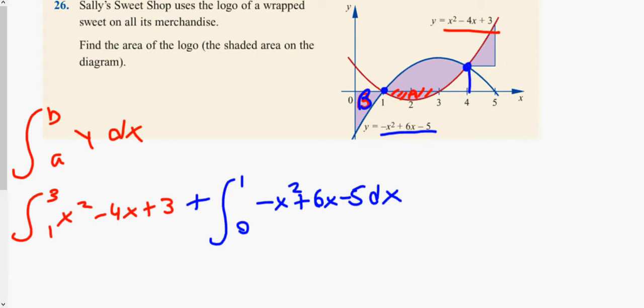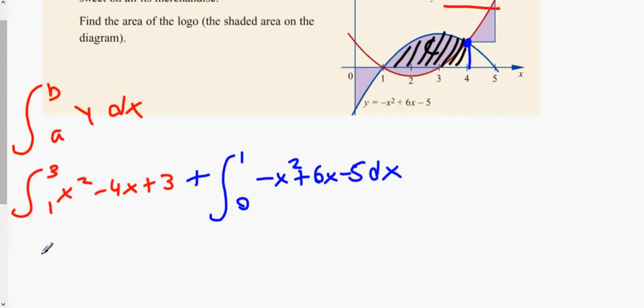So if I take this part here away, we've done area A and area B, so what I need to do is find out the area here, and we'll call this area C. To find area C, what we're going to do is the integral from 4 to 1, and it's the n-shaped graph, so it's going to be minus x squared plus 6x minus 5